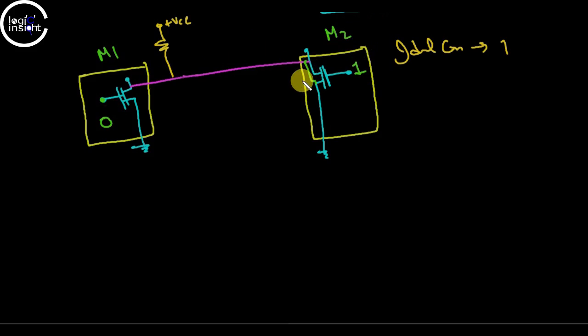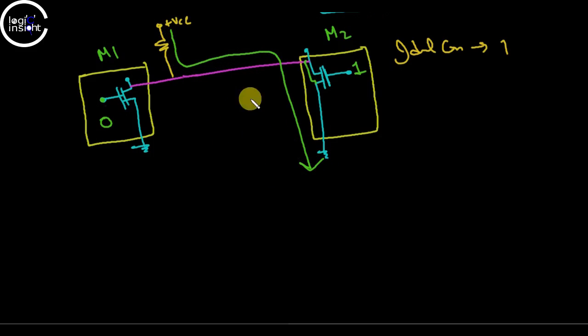Now what is the condition? Here it is in open circuit, in open state, open drain condition. Using this pull-up, here the voltage is 1, here it is grounded, so the current will flow like this in this condition. Okay, current flows in this direction.